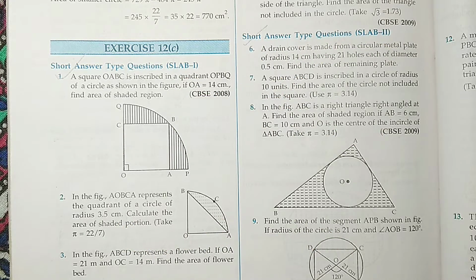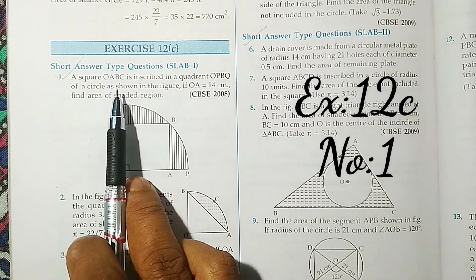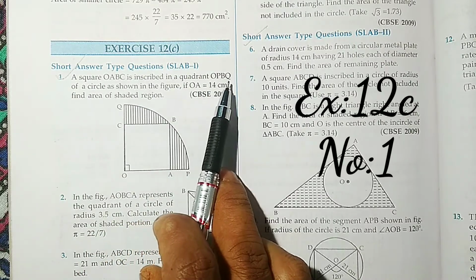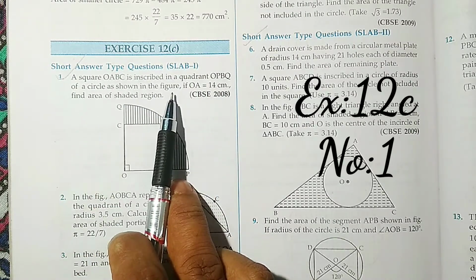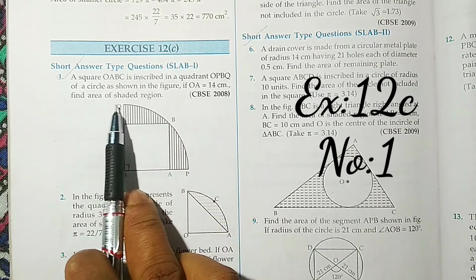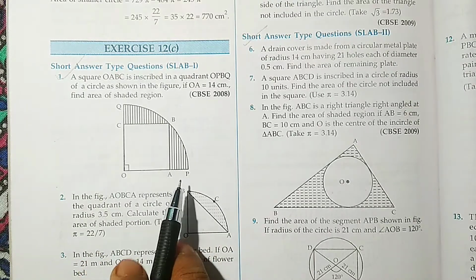Of 12c. Here the question is: a square OABC is inscribed in a quadrant OPBQ of a circle as shown in the figure. If OA equals 14 cm, find the area of the shaded region. So this is the figure. So as you can see,